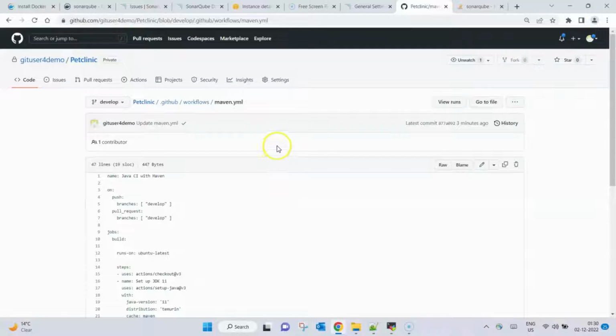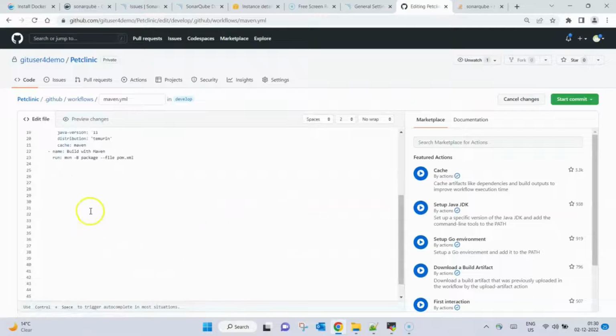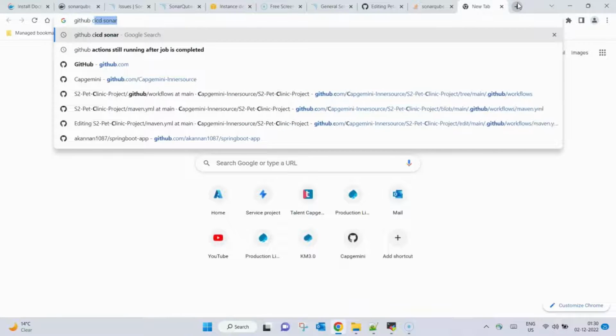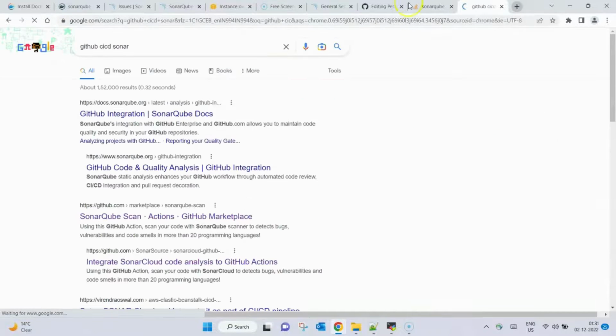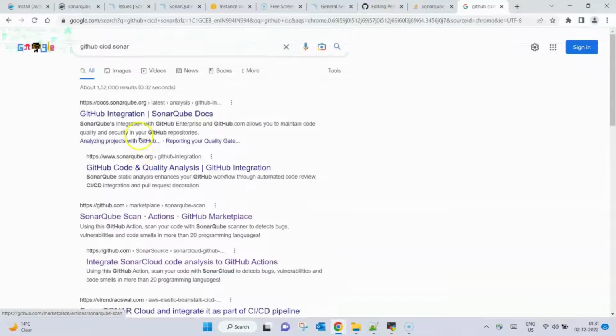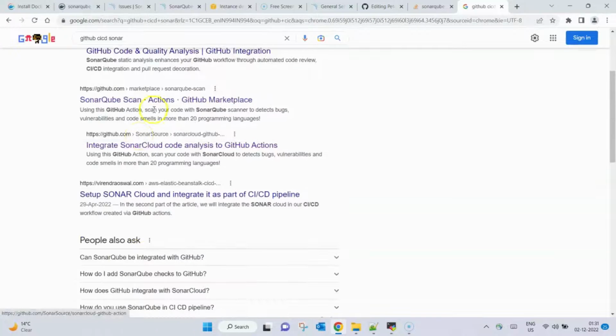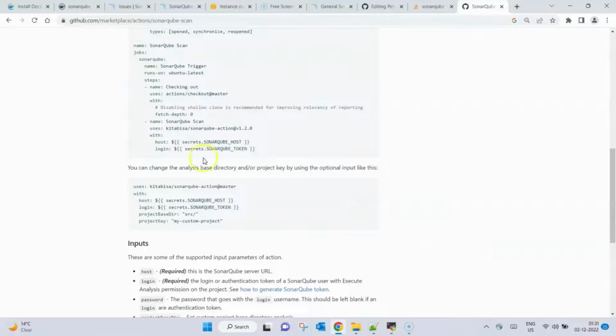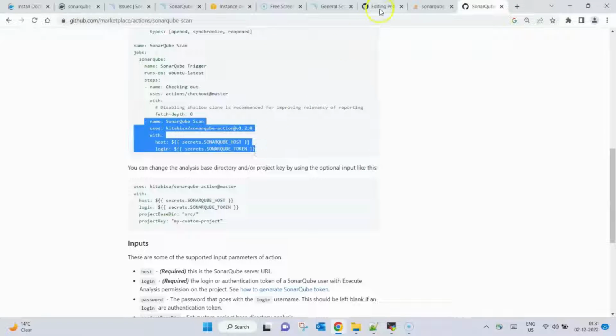Now let's assume that we do not know how to write the CI/CD pipeline for the Sonarqube stage. So I will just go to Google and search GitHub CI/CD Sonar, and if I scroll down, there is this one option. Where is it? Yeah, this one, Sonarqube scan actions. We will open it, and here the complete stage will be available for us. So we'll copy this path, go to our